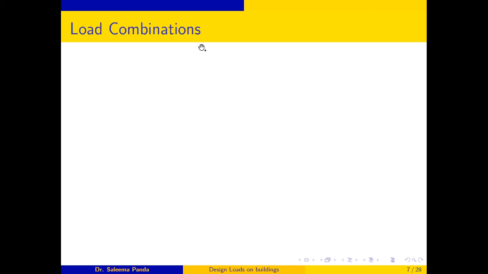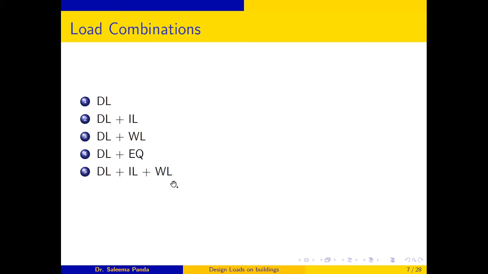Then coming to load combinations, which is in Part 5. The different load combinations that we have to consider for design are dead load plus live load, dead load plus wind load, dead load plus earthquake load, dead load plus live load plus wind load, and dead load plus live load plus earthquake load. I have not written about the temperature load here, but you can also consider that, which is also given in the IS code. So these are different load combinations. You have to design for all the load combinations, and whichever load is the highest, that you have to design for, or you have to check that combination.